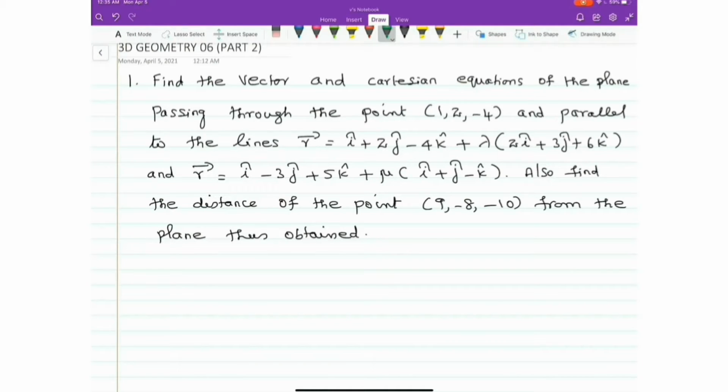In today's session, I am going to revise with you questions based on how to find the equation of the plane passing through a point parallel to two given lines. I told you in my previous session that whether they ask you to find the equation of the plane passing through a point parallel to two given vectors, or the equation of the plane passing through a point and parallel to two given lines, they both mean one and the same. The only difference is that the questions are worded differently. That's all. Let us do this sum. Actually, this particular question was asked in the Delhi 2014 compartment paper. Let's do it now. Solution.